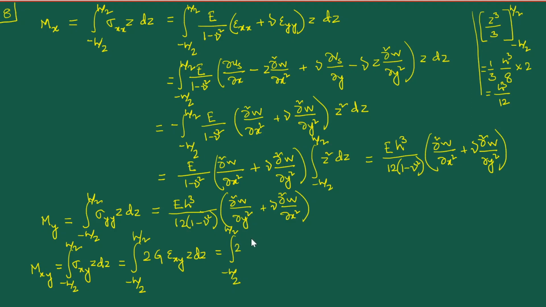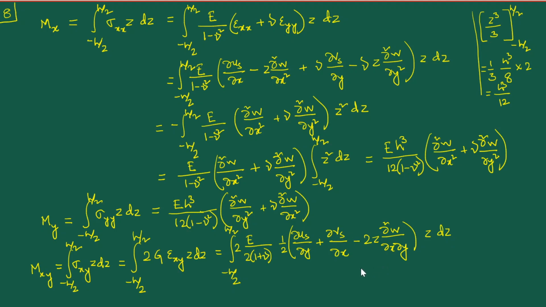Now G is E divided by 2 into 1 plus nu. This we had learned back in our applied elasticity course. And epsilon xy is half of del us del y plus del vs del x minus twice z del square w del x del y, and that is multiplied by z